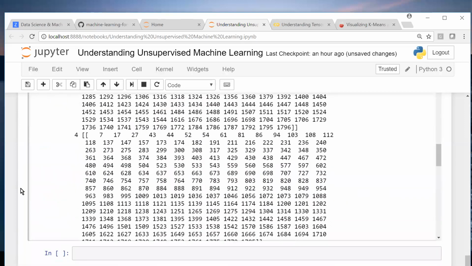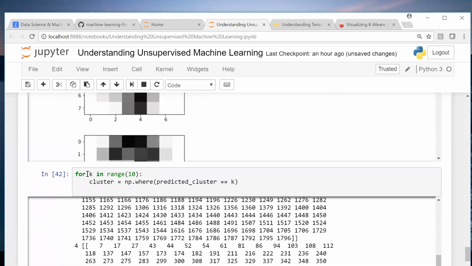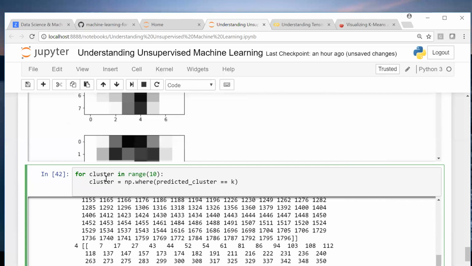So why are you doing k in 0 range? No, this k actually is not that. This is the centroid number, cluster number.